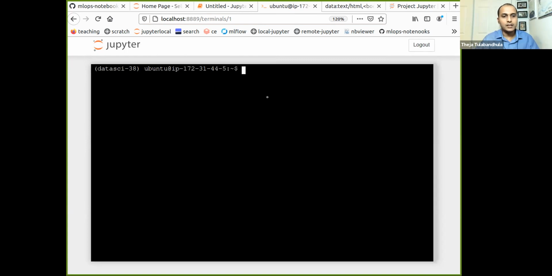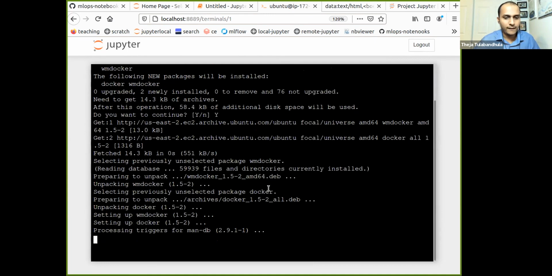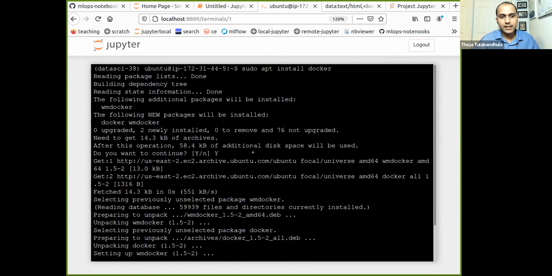Okay. So what we'll do first of all is try to install Docker. Let's see if sudo apt install docker works. If not, we'll have to look up instructions. It says new packages will be installed: docker. Okay, let's see if that's enough. Generally, packages, at least on an Ubuntu or Debian style system, it's just going to be sudo apt install if you know the package name. Typically it's going to be straightforward like this. If not, you'll have to go to docker.com and see how to install it.